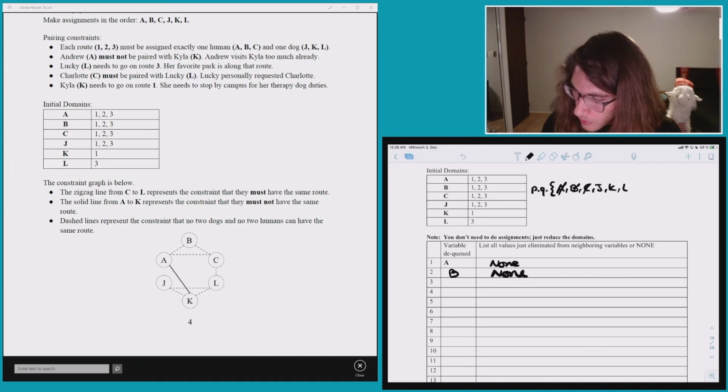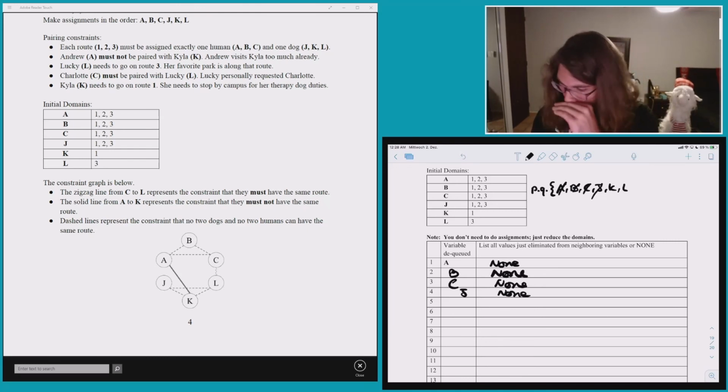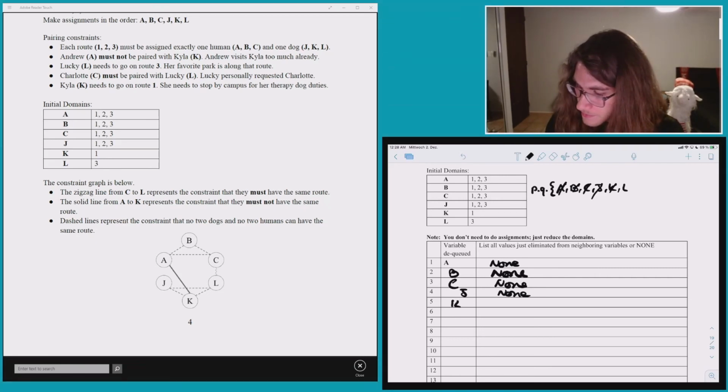C is the same story, and J, unsurprisingly, because they have domains of 3, so they can be flexible. Now when we get to K, K has a domain of 1, which means